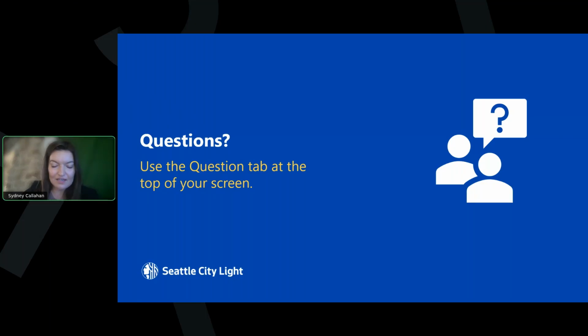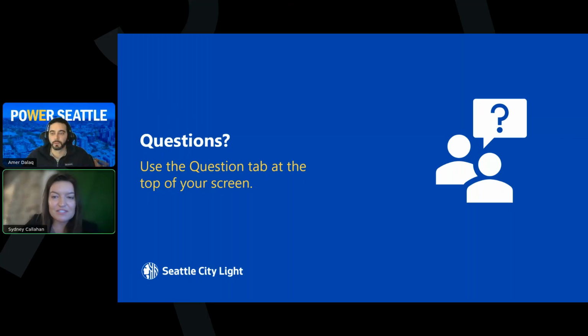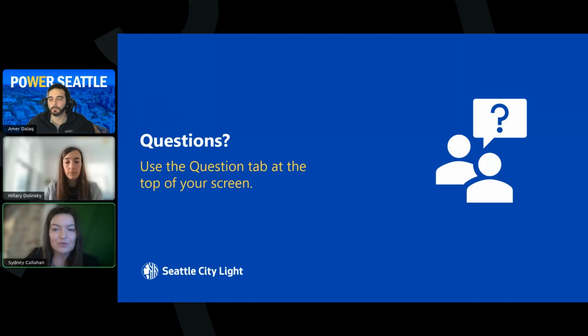And then I do see another new question, Amer, that came in, which is if an L1 fails and a reason is needing a transformer upgrade, does that mean that we could not resubmit until Seattle City Light has approved and completed the transformer upgrade? Yeah, I'd like to clarify what you mean by resubmit. As if it's resubmitting the application,